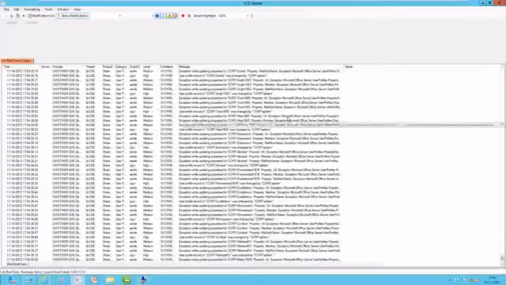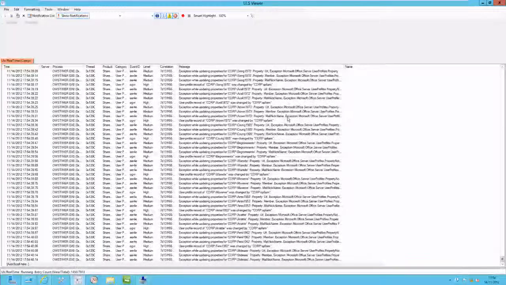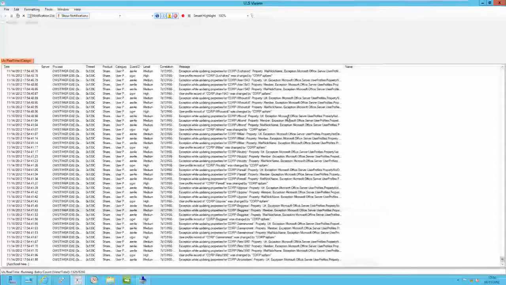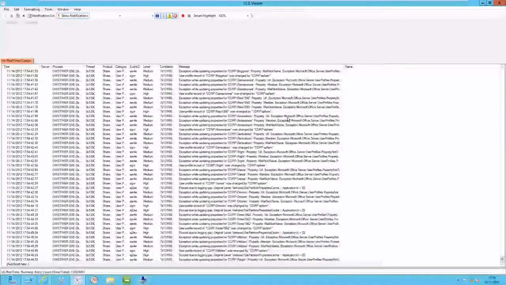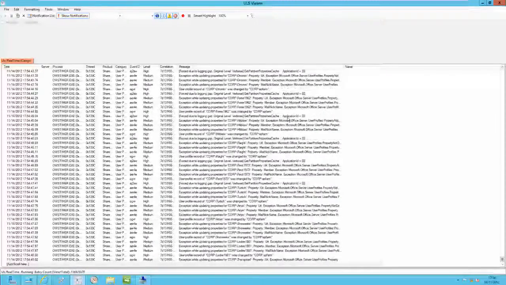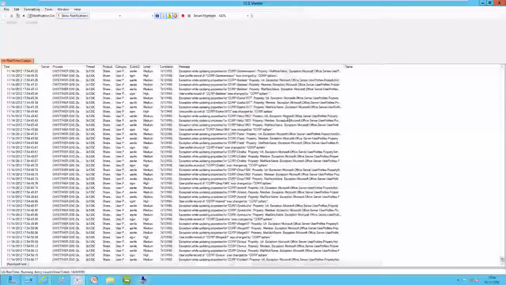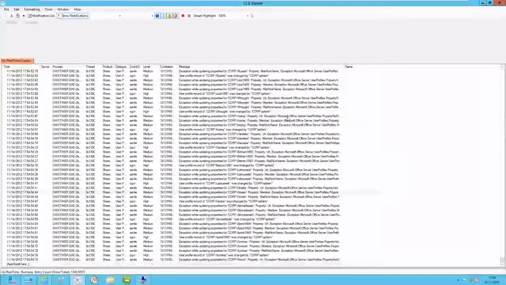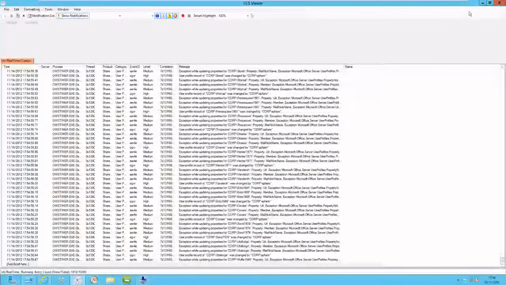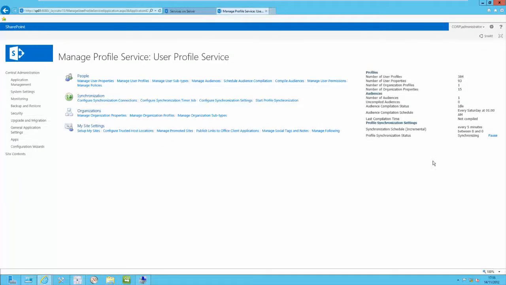This is an example of the kind of thing that will decrease the performance of the import. What I should be doing is planning out my property mappings before I do the import, right? But we can safely ignore these. It's just going to mean it'll be a tad slower because of that. You can see I've got